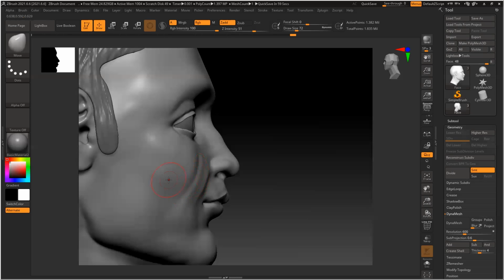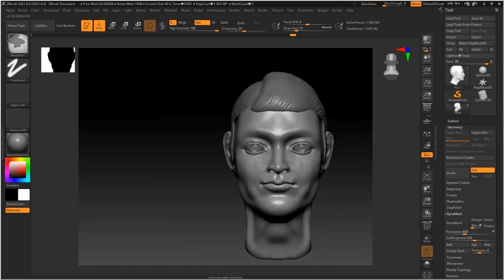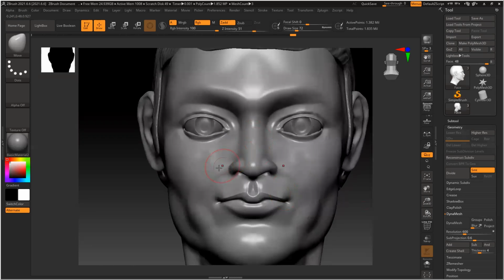Try to work on low poly. Do not increase the poly count. Usually a face finishes at 1 million or 1.8 million with all the skin detail, so this is way too much. This is just a basic shape. A basic shape should not get this much polygon. Around 5 lakh is enough for that. This is too much polygon.